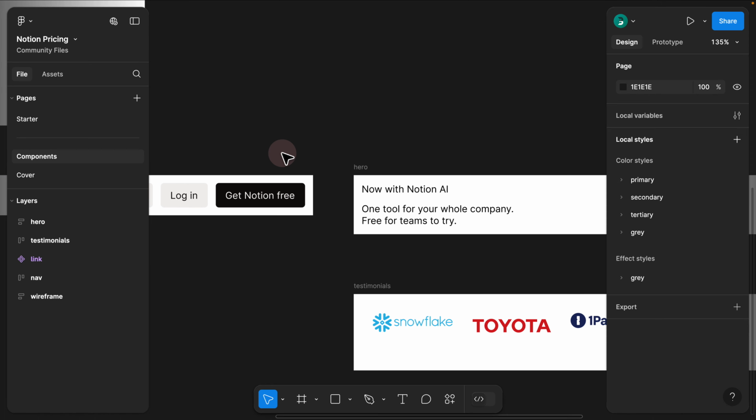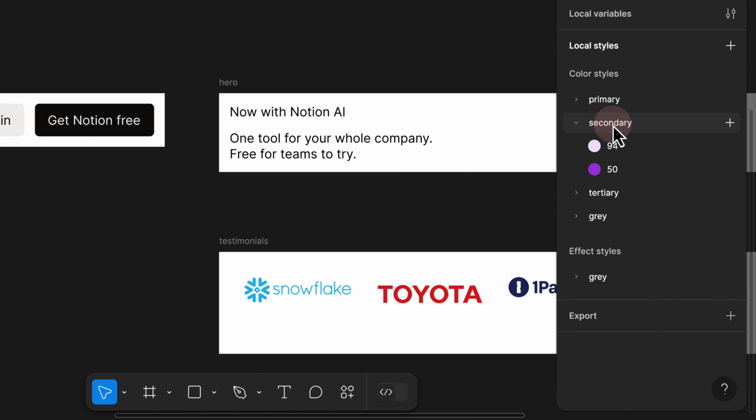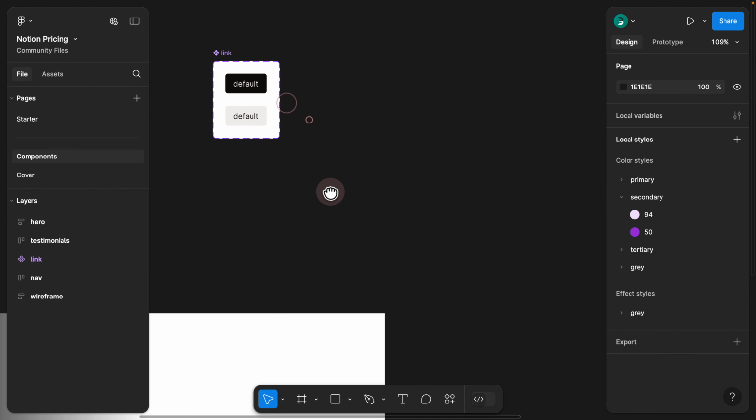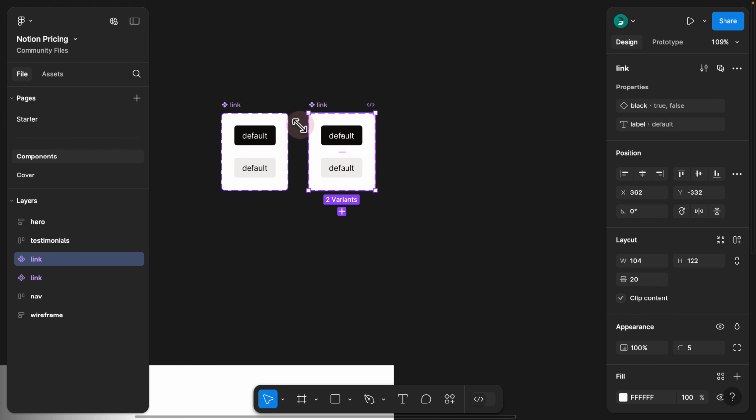Also, we would have another color. If we take a look at our colors on the right hand side, here we see we have secondary, which is 94 and 50. This is the secondary color that we want to use. So in order for us to basically create a chip, what we can do is go to the links, hold Option and duplicate. And for our chips, we can rename the links to chips